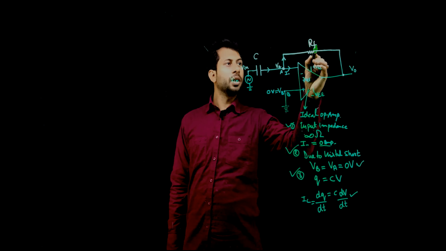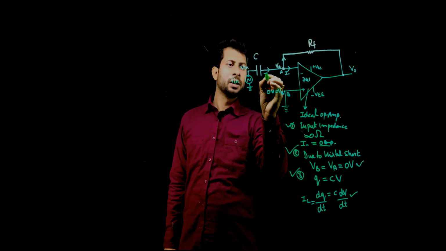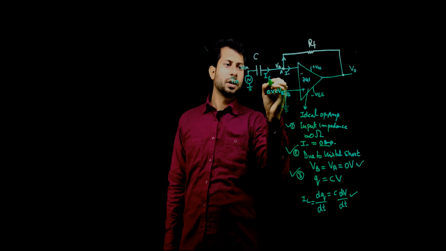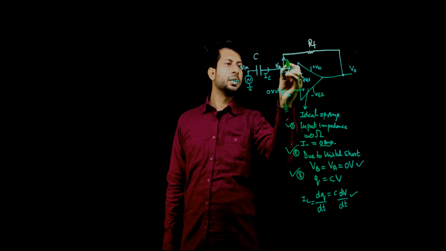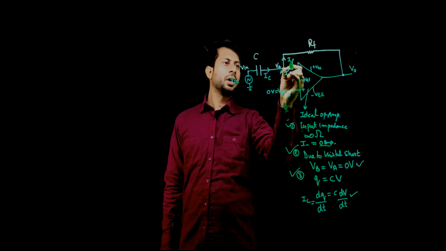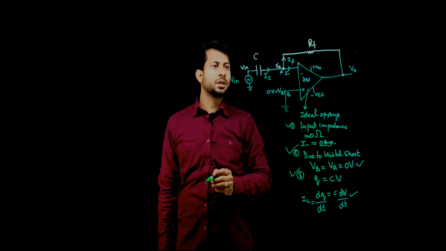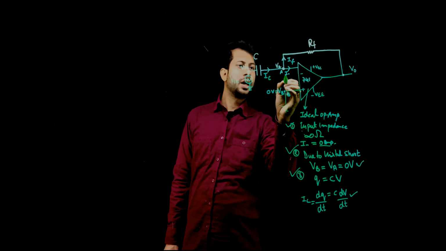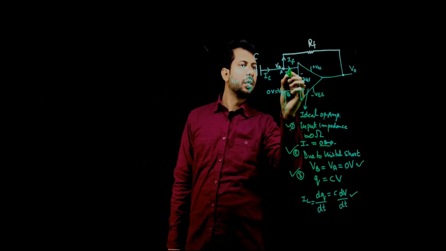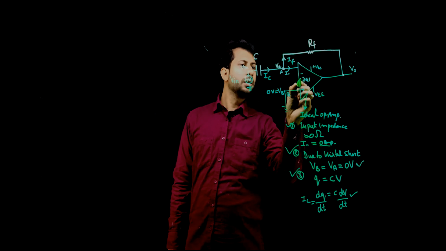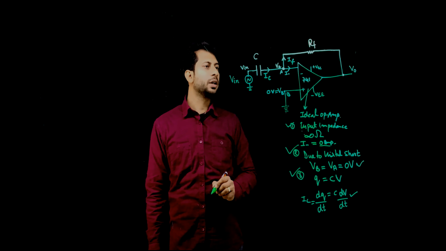this feedback path we have connected this RF resistance, and we assume that in this branch there will be a current IC, and in this branch there will be a current IF, which is known as feedback current, and this is our capacitor charging current, and this I dash or I minus is the current flown to the operational amplifier inverting terminal.